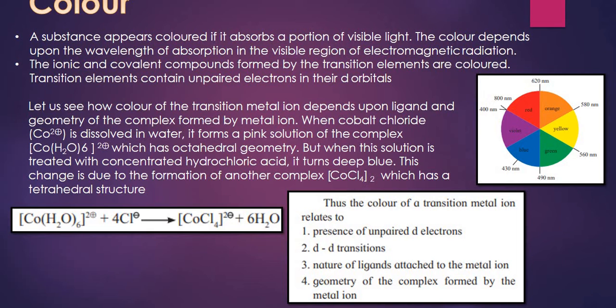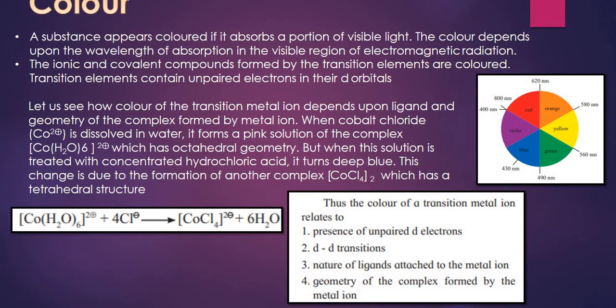Remaining light, what will happen to the remaining light? One portion is absorbed and the remaining light would be transmitted back. So the observed color of a compound corresponds to the complementary color of light absorbed. That means if red light is absorbed, then the transmitted light contains excess of the other color in the spectrum, in particular blue, so the compound will appear blue in color, right?